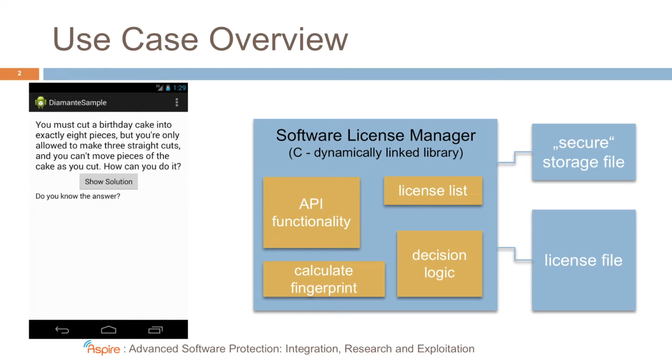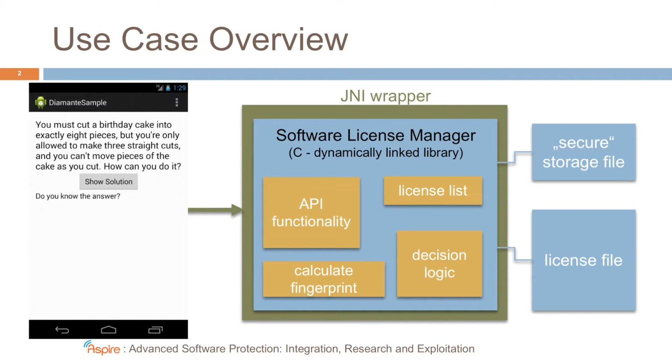implement persistent decision logic. Now, to invoke this software license manager, we've embedded it into a JNI wrapper, and so Dalvik actually invokes the manager functionality through the JNI wrapper. And in total, this whole package, the JNI wrapper plus the dynamically linked C code, is a dynamically linked library that we want to protect with Aspire technology. The protected dynamically linked library will then be packaged in the APK together with the Java implementation of this riddle